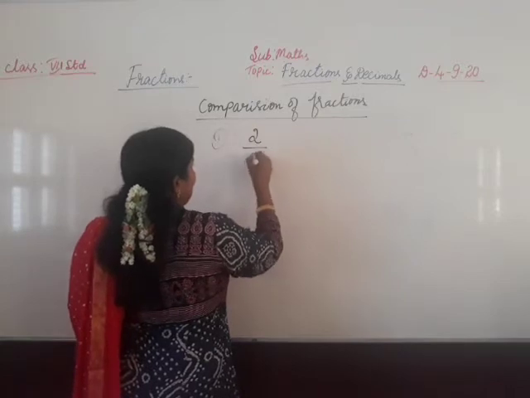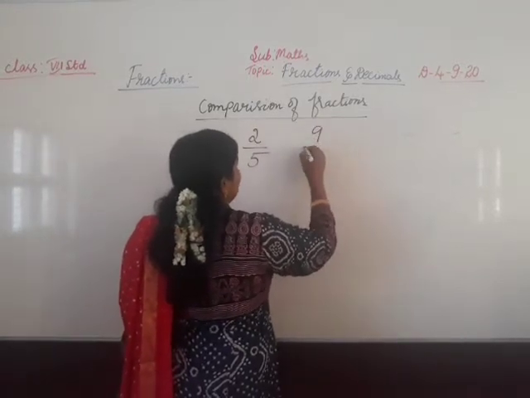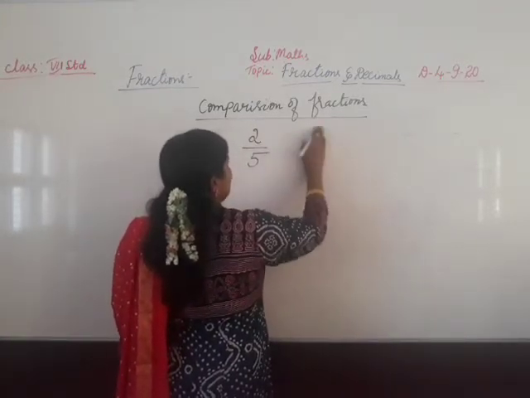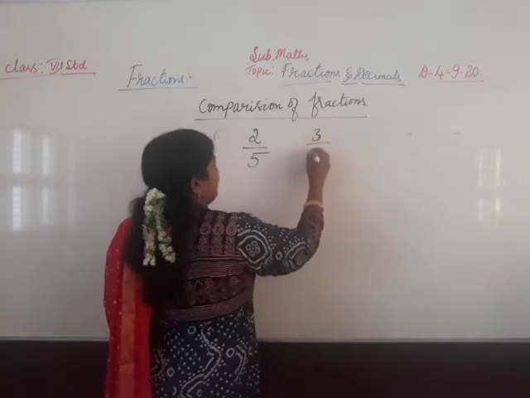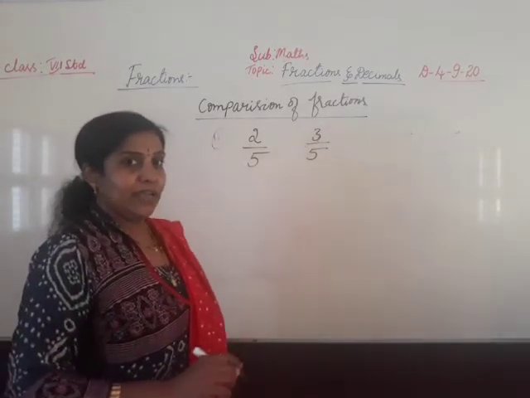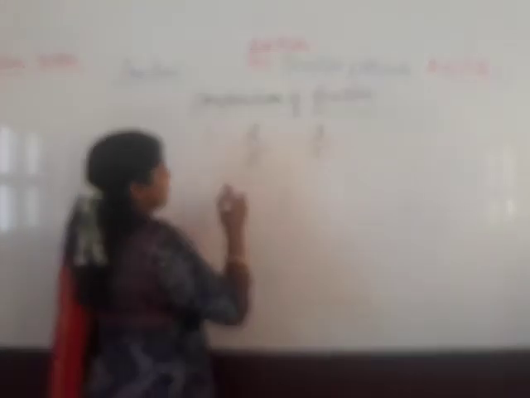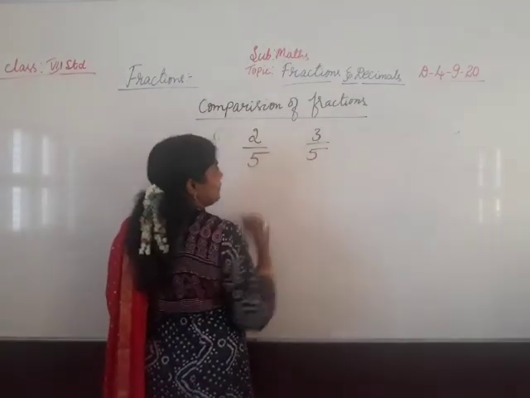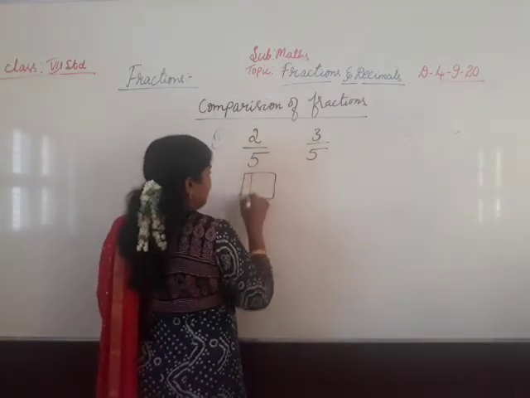Take a simple example: 2 by 5 and 3 by 5. How to compare? Either 2 by 5 is bigger or 3 by 5 is bigger. If I write it through a figure,